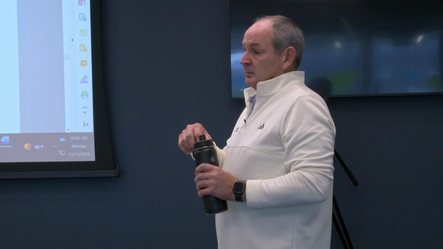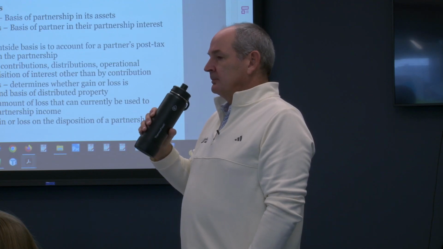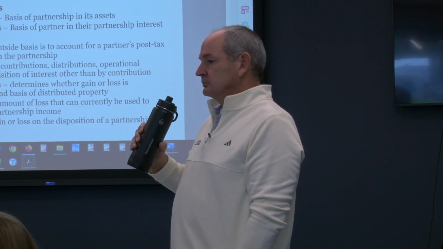Okay, so you have the inside... Contributing 1031 replacement property into a partnership, even though you're not supposed to. You want to cover that? No, I'm just saying that's another. Why would that be an inside-outside basis difference, though? Because I have replacement property that I own in a TIC, and then I have my deferred gain. Yep. On my side of it, then I contribute it into the partnership.